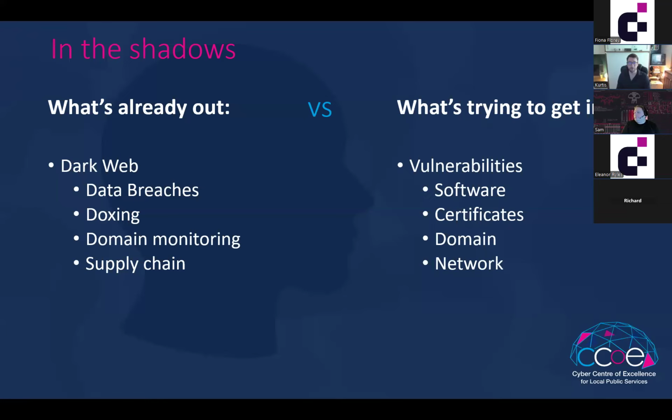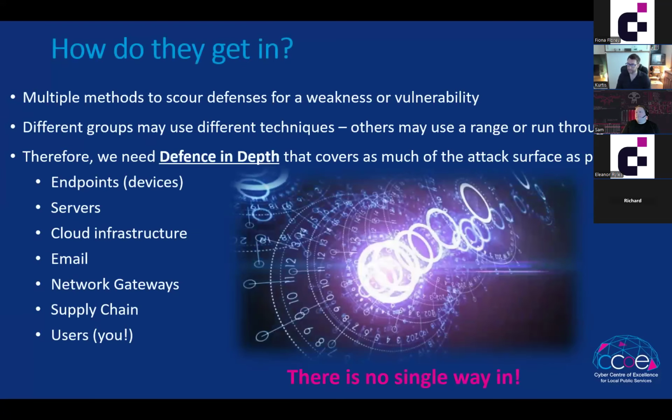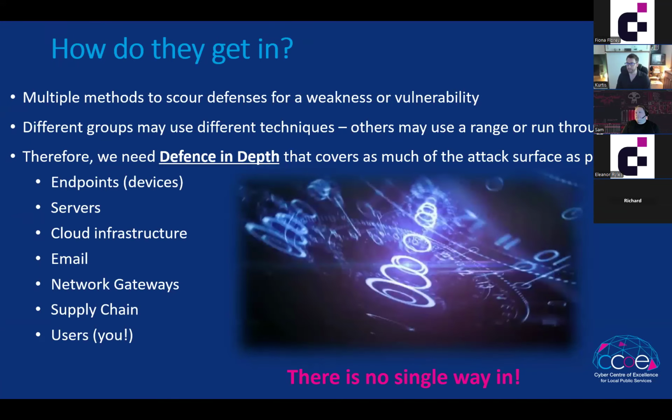It's that kind of thing of looking at, well, if we can't get to the specific target, who can we use that is likely to serve them, and going through that kind of avenue. Things trying to come from the dark web into our systems are things like looking for vulnerabilities so that they can get a crack into the system and find a way in. They might come from outdated software or something that hasn't been patched or updated, certificates that have expired. When you're going onto a website, there are certificates in the background that effectively make sure that things are valid, a domain and a network name. So the key point here is that there's no one way in. There are methods that they can go in from different areas, which means we must have defense in depth to make sure that they can look at it from any angle and they still aren't able to get to the main point that they want to get to.